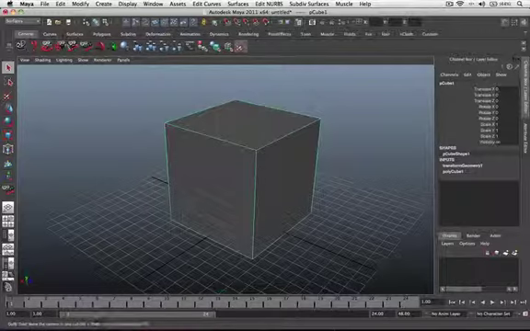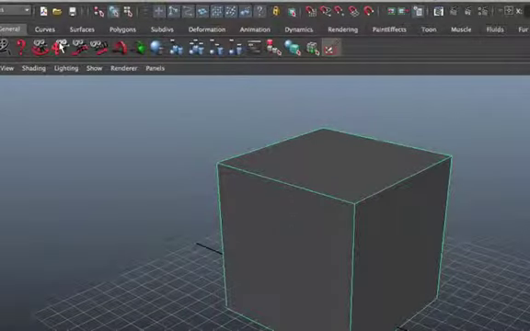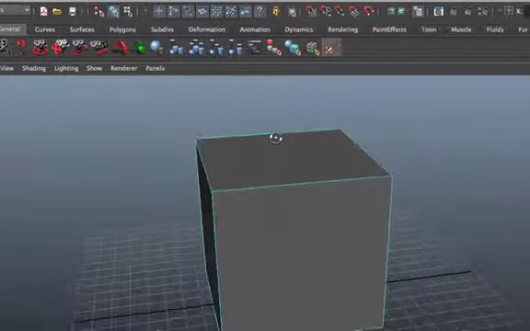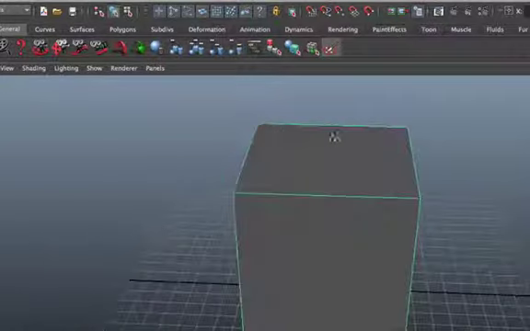Let's take a look at the Generals tab first here. Here we can see these four set of icons. These are the tumble camera tool, the track camera tool, the dolly camera tool, and the zoom camera tool. If you click on the tumble camera tool, and then I left click on my mouse and drag, you can see